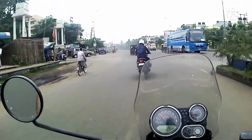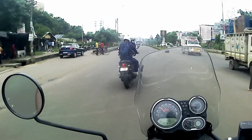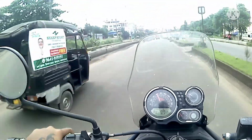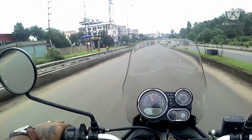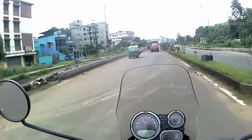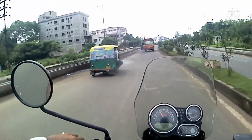So if you are taking this motorcycle to a muddy area, it will not give you any problem. That is the good thing about this motorcycle, what I think. And now if I talk about the tire, obviously I don't want to miss out the braking part as well. So yeah, if I talk about the brake,